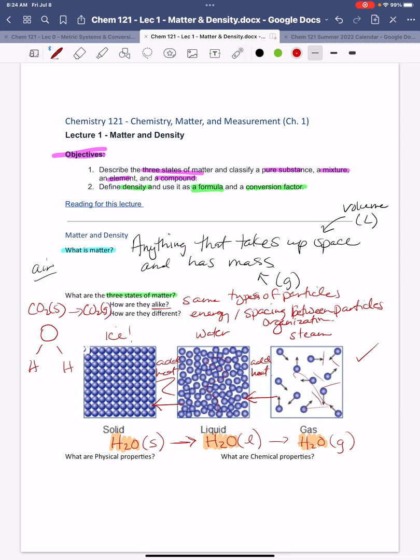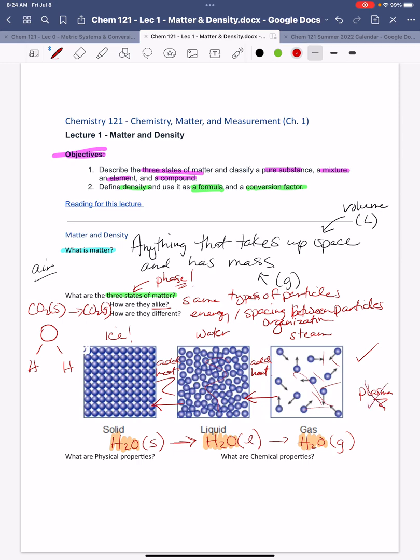Okay, so lots of stuff goes between phases: solid, liquid, and gas. States of matter, I just use the word phase, and that's another way to talk about states of matter. All right, so we talk about the 3 states of matter: solid, liquid, and gas. Some of you are familiar with one more called plasma, which is kind of an ionized gas, and we're not going to talk about that in this class.